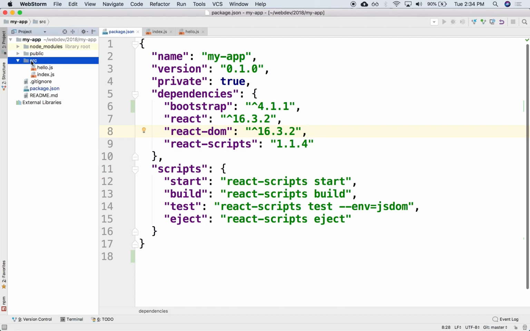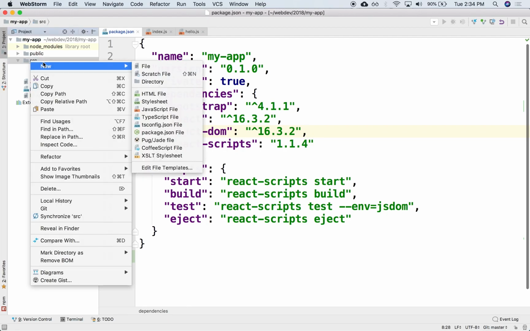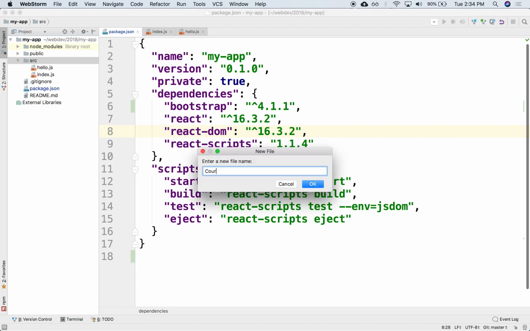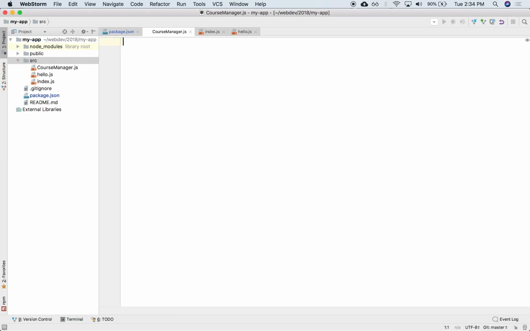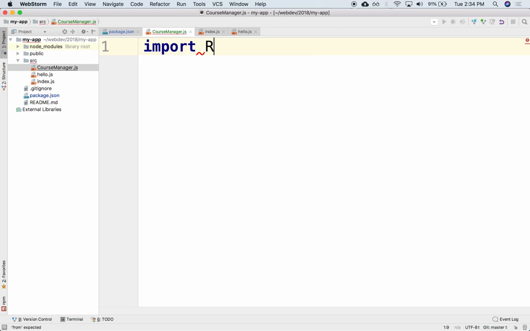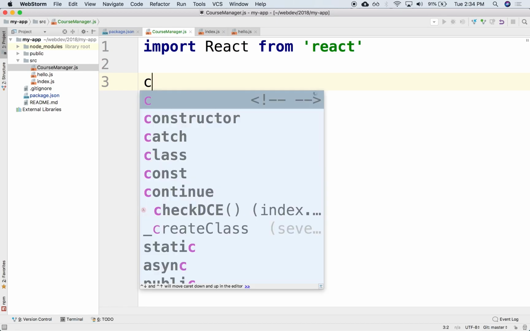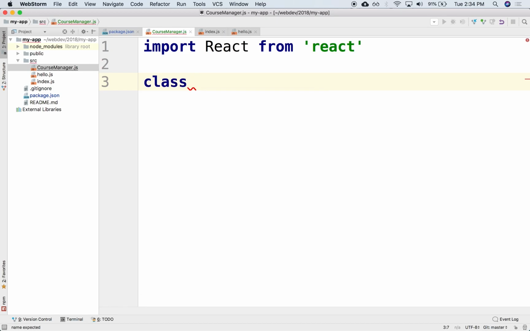We'll say new, and we'll create a brand new component called CourseManager.js, based on and inspired by the assignment that we're working on. So there's a Course Manager. It will be the top level application. Let's declare that. So it will be import React from React. And in here we'll create a brand new component class Course Manager